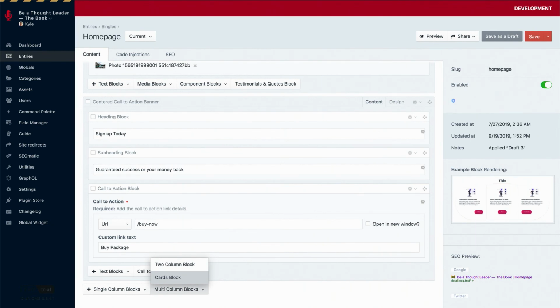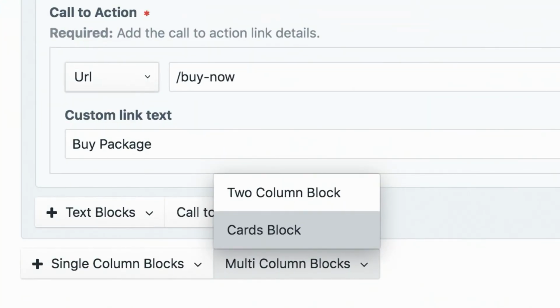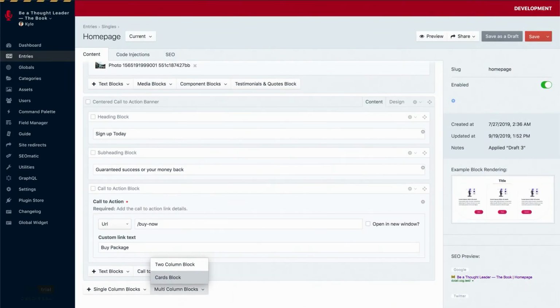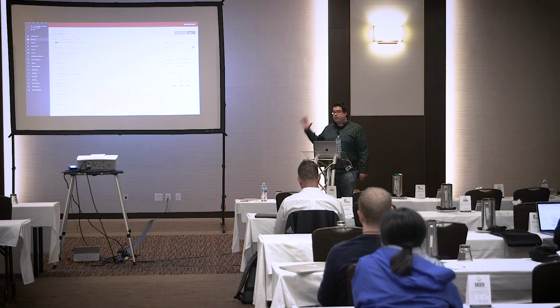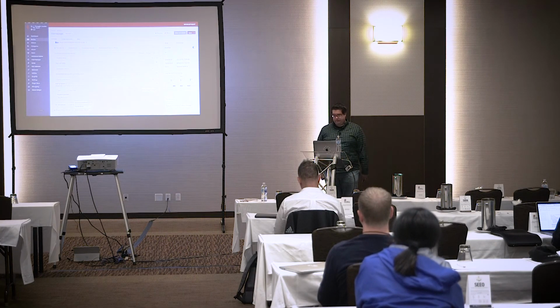Here's a comparable example in Craft. We're using the Neo field type here, if you're familiar with Craft. It gives the same functionality that we just looked at in ExpressionEngine. You can add different blocks. We've labeled them in specific ways so the client understands what they're getting when they click on this particular block. You'll notice there are previews of what these different blocks look like on the sidebar. So no matter which system, you can pull off the same flexible content builder type.